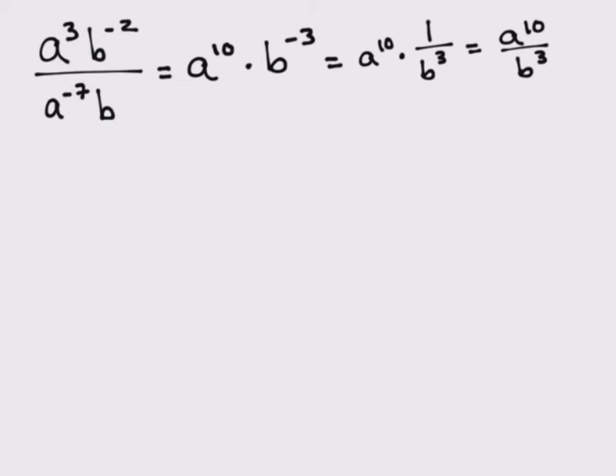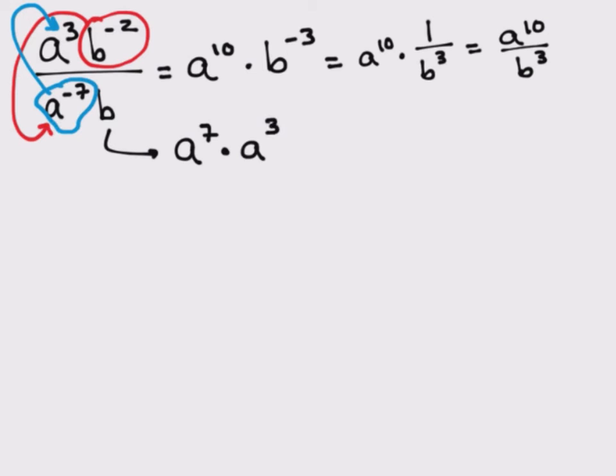So in theory, after we simplify this, we should be able to take a b to the negative second from up here and make a b to the positive second down there. And this a to the negative 7th in the denominator should become an a to the positive 7th in the numerator. So let's see what that would look like. That would look like a to the 7th times a to the third over b to the second times b. And if you multiply these together, we're absolutely going to end up with the exact same answer that we did